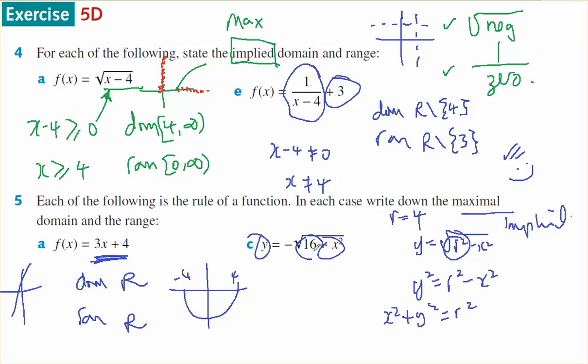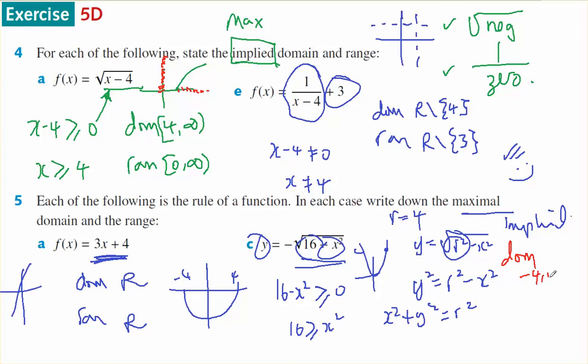If I was to consider the bit inside, I've got 16 minus x squared has to be bigger than or equal to 0. So 16 is bigger than or equal to x squared, so x squared is less than or equal to 16, in between here and here. So, getting to the answer, the domain